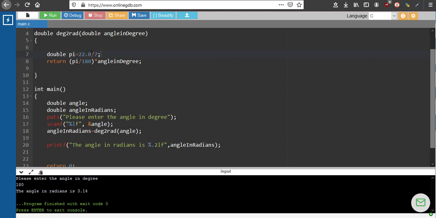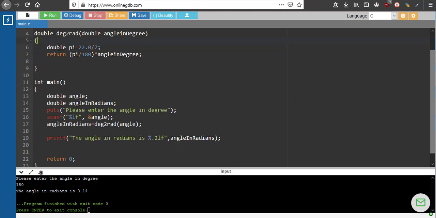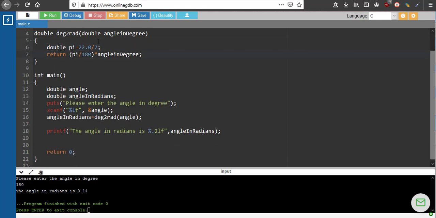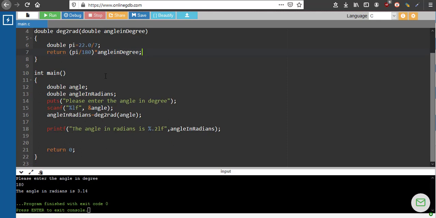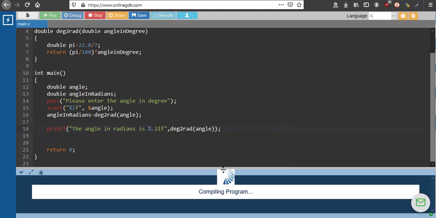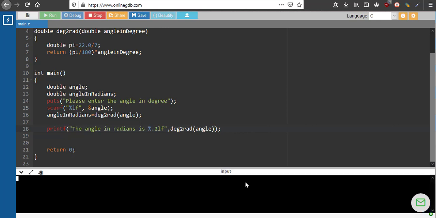So I don't have to give another variable just for the sake of it. Then again, even this expression I can put here. That is also valid. So let's say I copy this and paste it here. Again, we'll check 180 degrees, 3.14. So these are different ways we can do this.